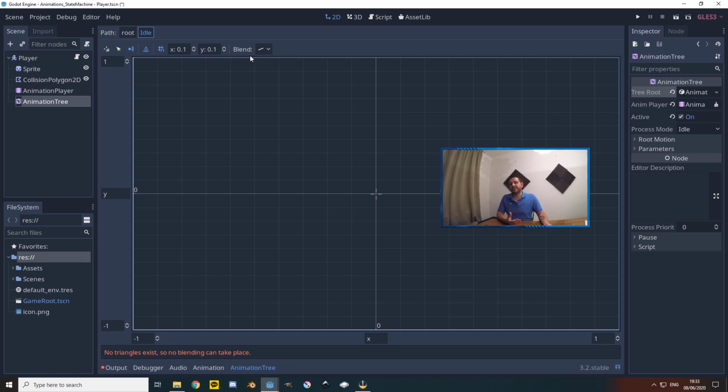The blend mode is very important for 3D, so it can interpolate between various elements, or also in a 2D game when you're blending positions or blending scaling or something like that, you can get halfway in between 2 points, and then the animation tree can blend it for you, get to the right point in between.